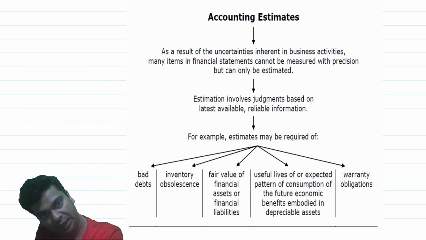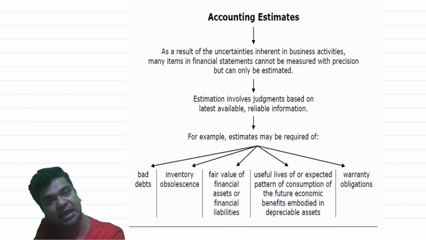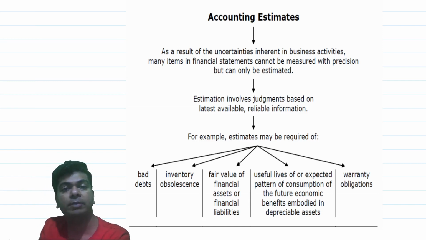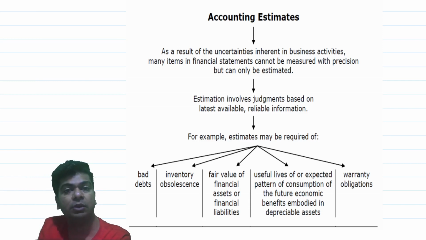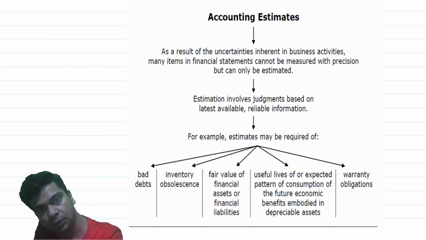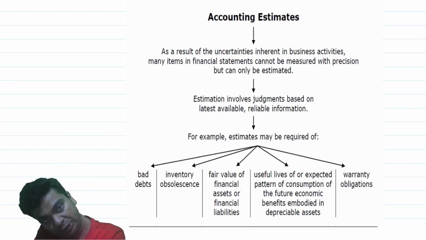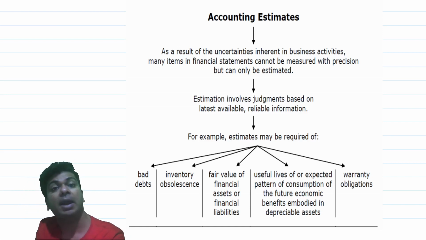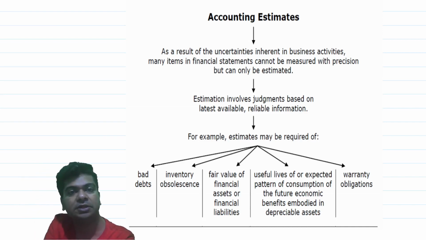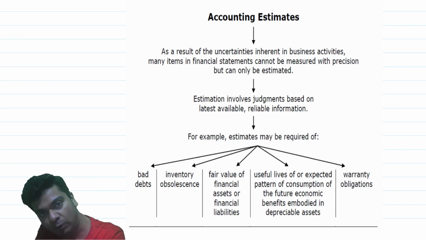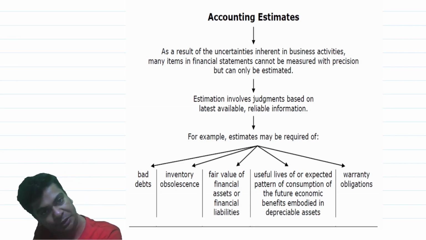When you are calculating depreciation, you have to estimate at what salvage value you will be able to sell at the end of the useful economic life of the asset. These are estimates, and only on the basis of this estimate, you can calculate the depreciation. The actual salvage value will be known in future. The actual useful life will be known in future, but I cannot wait till the future to reveal the right figures because depreciation needs to be provided as of now. That is what we mean by estimates over here.